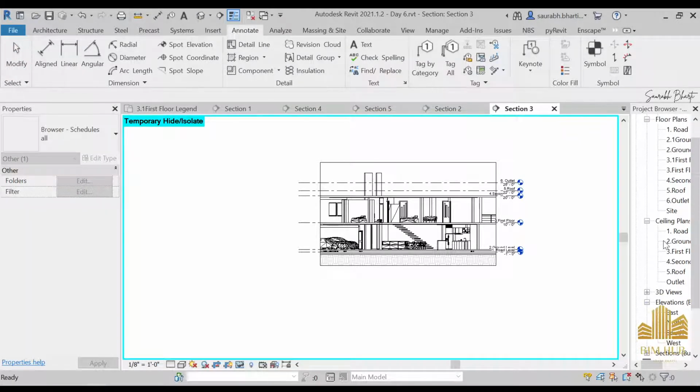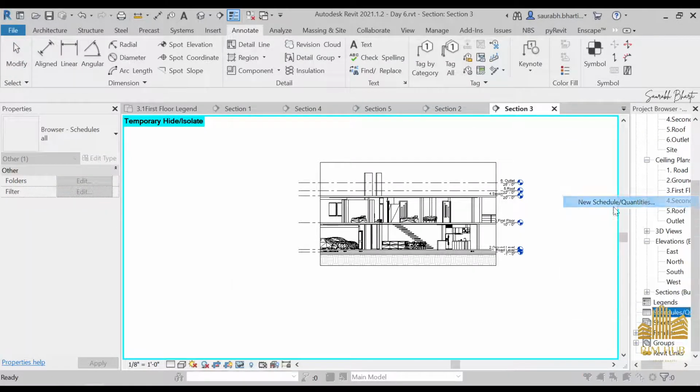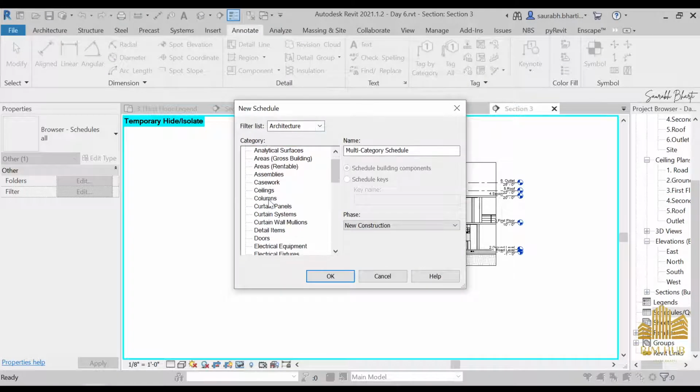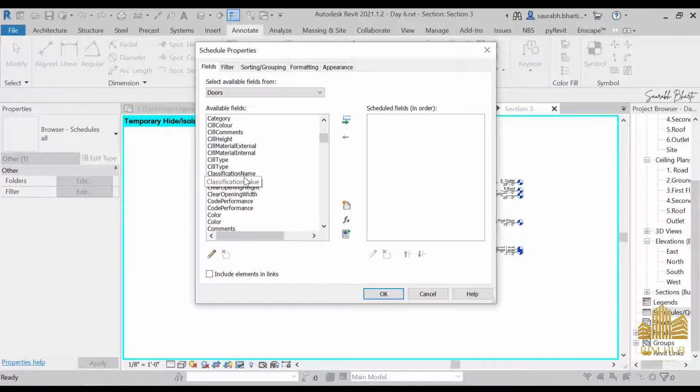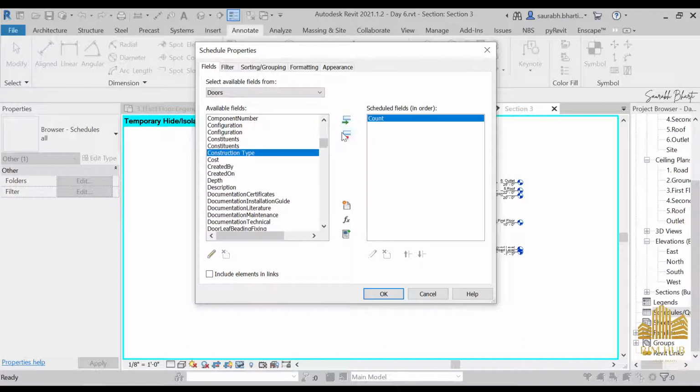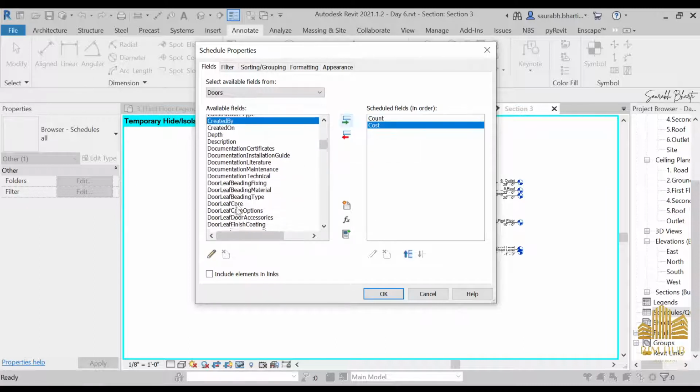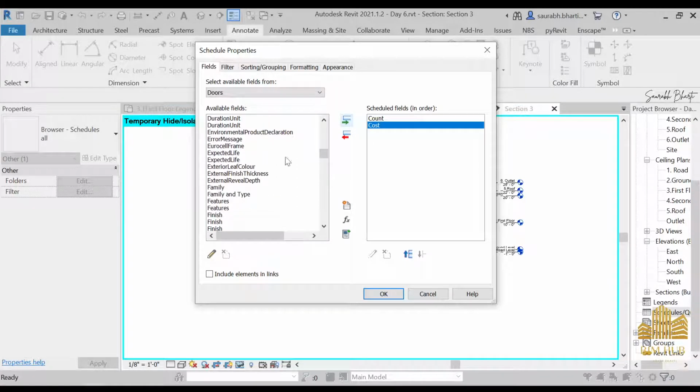schedules. Yes, so just go to the schedule, new schedule, quantities. First we will do the door scheduling. So just go to the door, then select the door, and after this, what are the things you want in door. So first of all I want cost, count, then we need family and type,